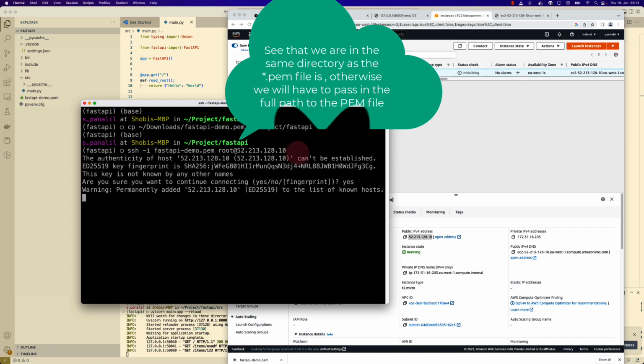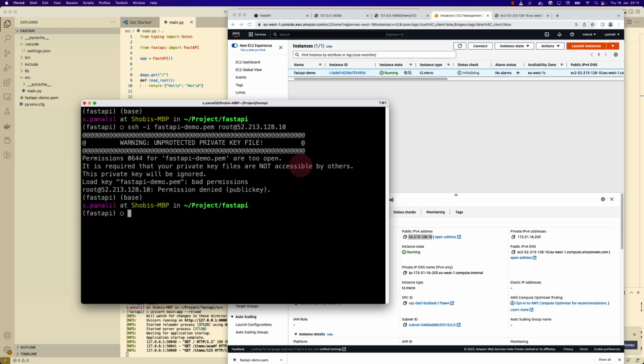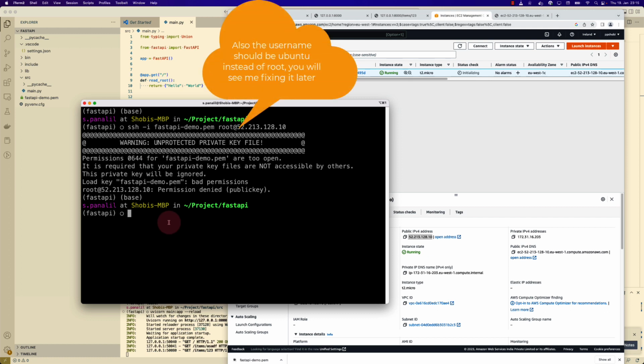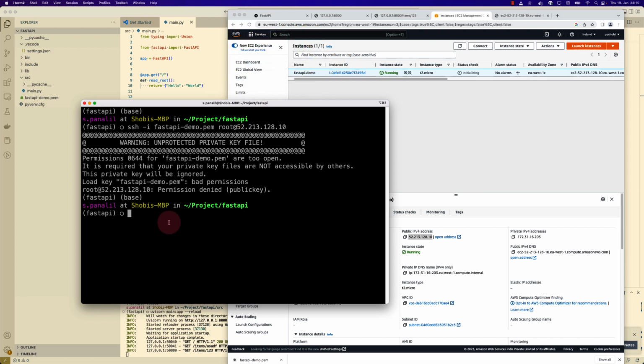Then it says something, yes, and yeah, it says permission is too open. So what we need is to use a 400 permission. You can Google a bit more about the permissions of the certificate. We are not going to go deep into the certificate permissions, but just as the warning message says, it is required that the private keys are not accessible by others. So we need to use a 400 permission. For this, you use chmod 400 fastapi-demo.pem, and then